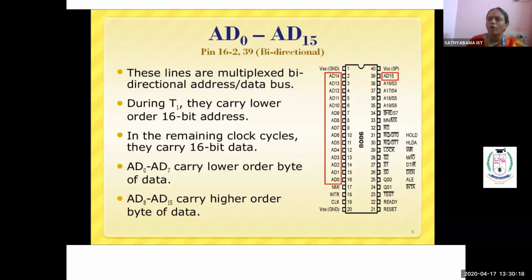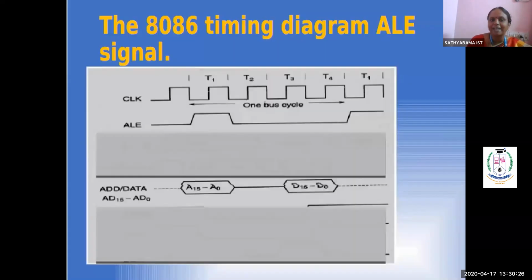Now we definitely have to separate the address and data. To separate the address and data, what signal do we normally use in 8085? Yes, ALE. ALE means address latch enable, and it will separate both address and data. Please look at the diagram: A0 to A15, the address will be separately latched, then D0 to D15, the data will be separately latched. So I can separate the address and data using the ALE pin. My 16-bit address as well as 16-bit data will be separately latched using the ALE signal.